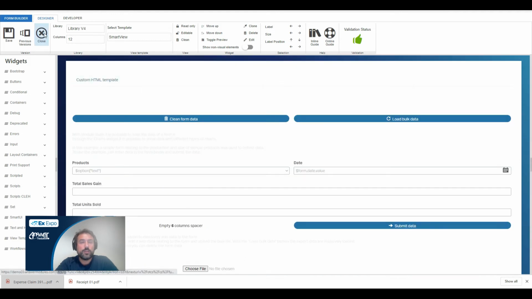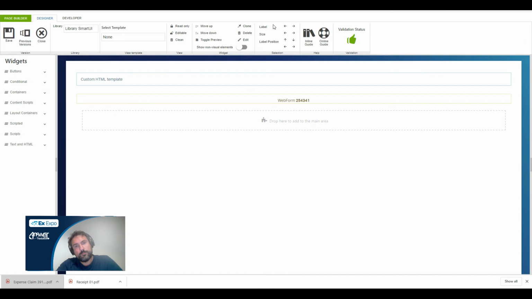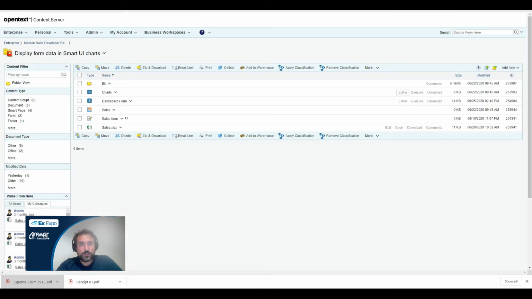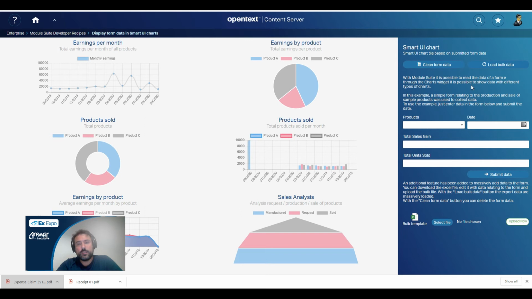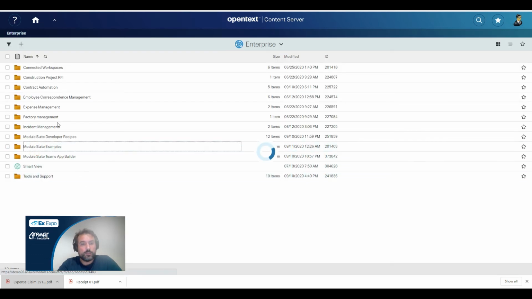And this is also very interesting because the form that you can create can be displayed in tiles of various dimensions. So you can have very complex layouts. You can create very complex layouts just working with the builder. So now that you have seen how forms can be utilized in various contexts and not just in workflow, I'd like to show you how they are built and how long it takes typically to build a form solution on Multisuite. So to do that, let me go into Multisuite example sandbox,